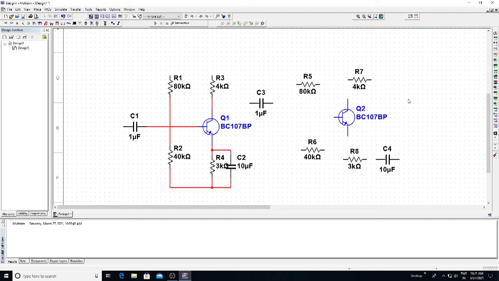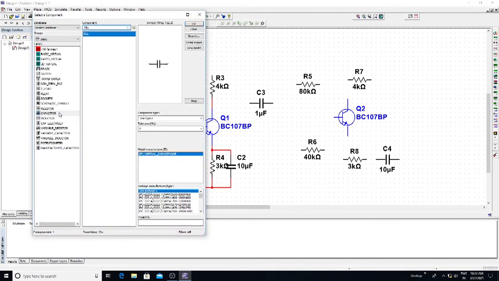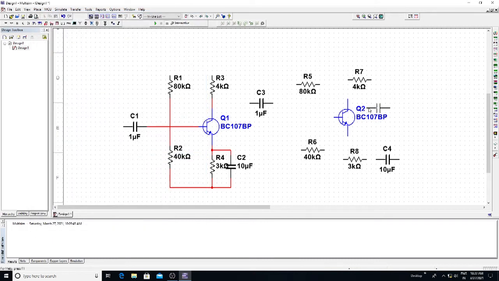And across the output, we need another capacitor in order to connect the output. So take another capacitor, place, component, capacitor, which is of 1 microfarad. Click on OK and place the capacitor here.